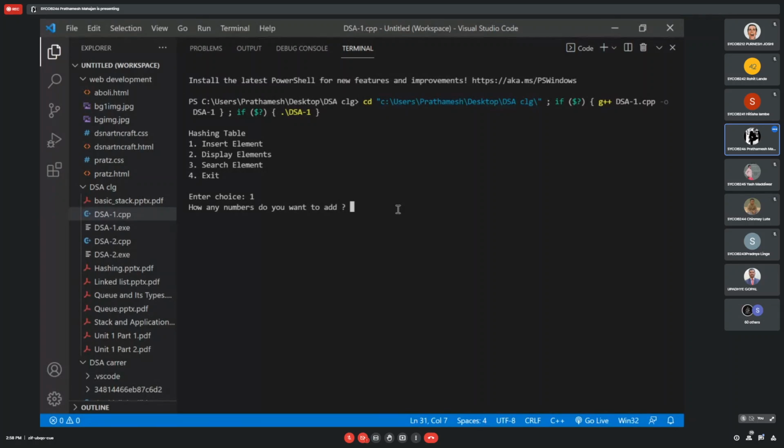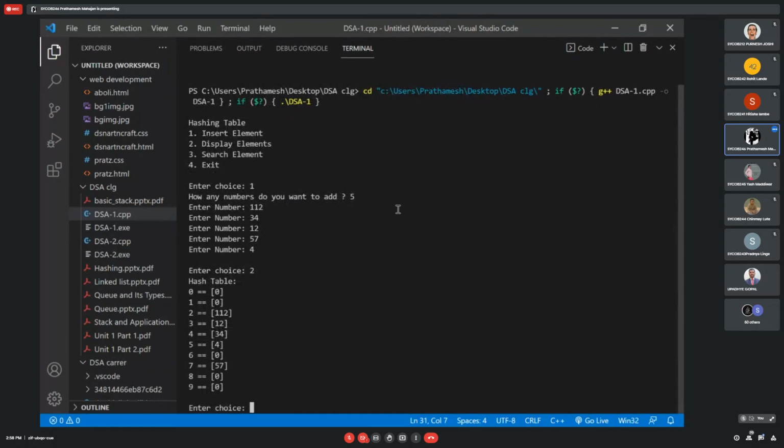Insert element. 5 elements. Okay. Search.